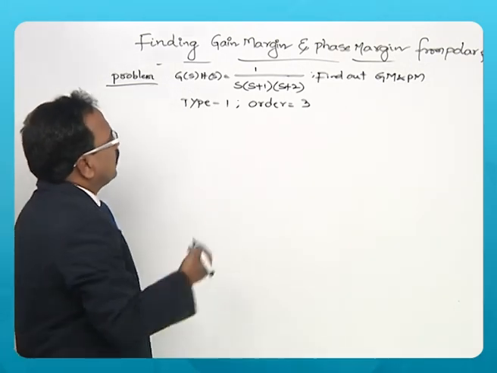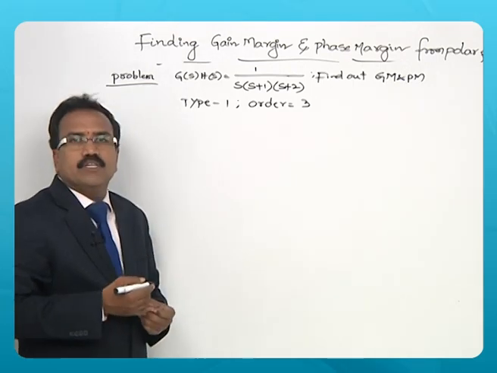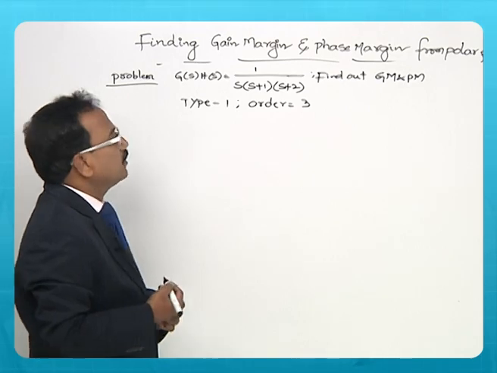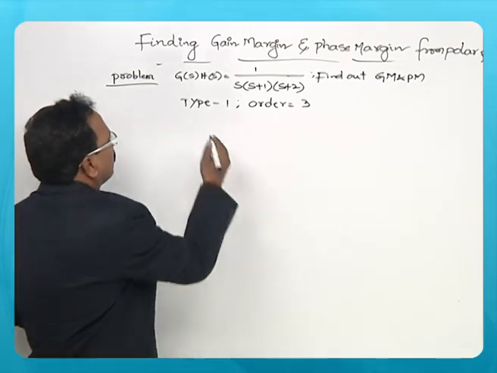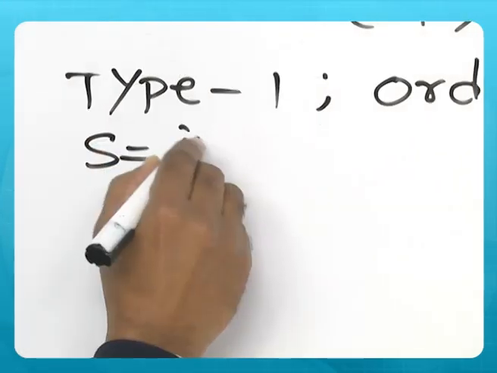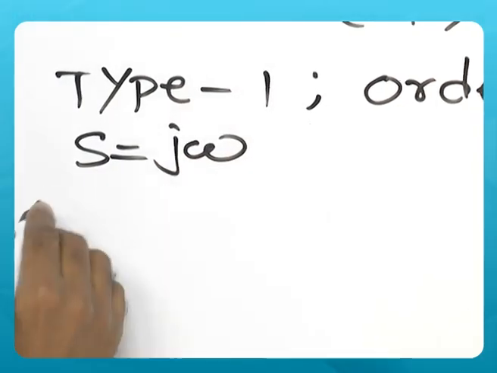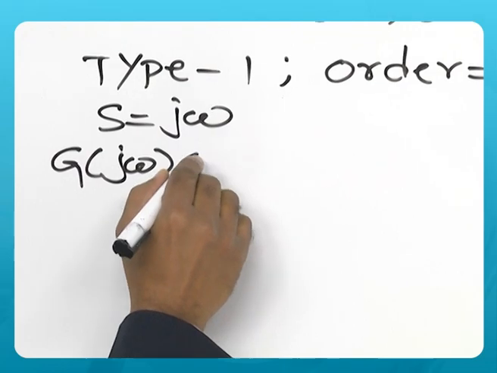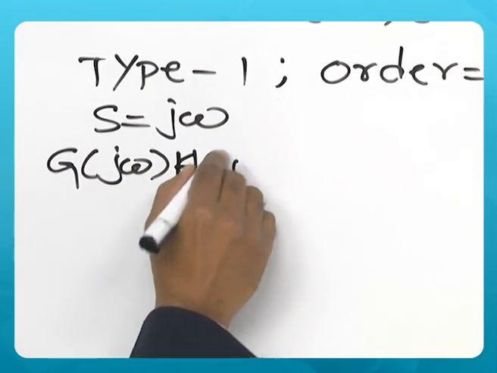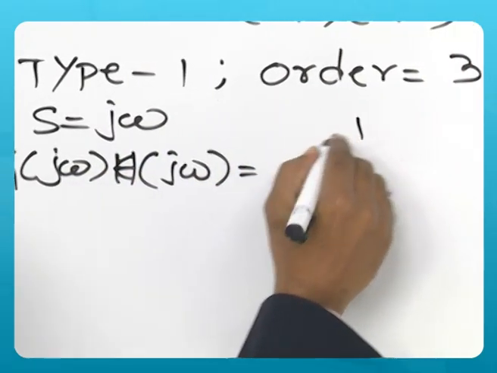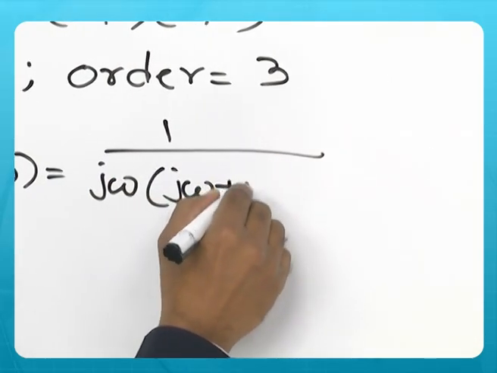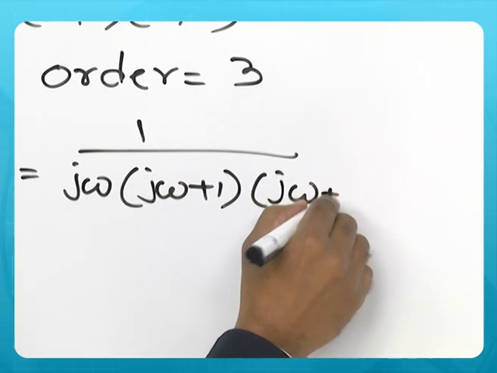So, in order to find out gain margin and phase margin, we need to draw the polar plot, the frequency response plot. As s is to be replaced by j omega, the sinusoidal function becomes 1 / (j omega (j omega + 1)(j omega + 2)),